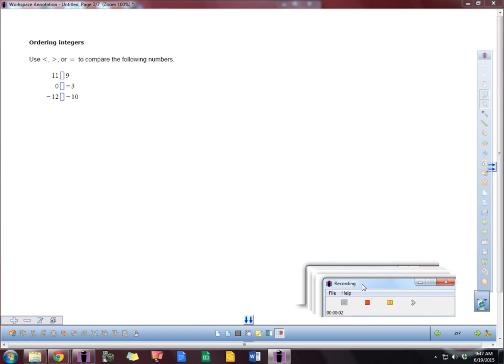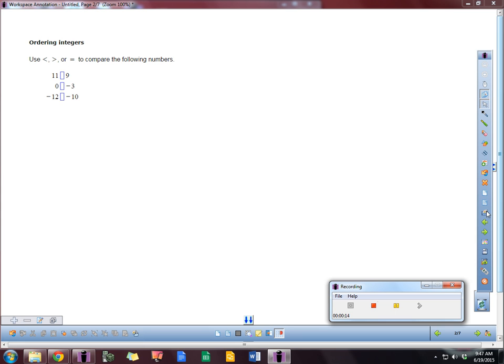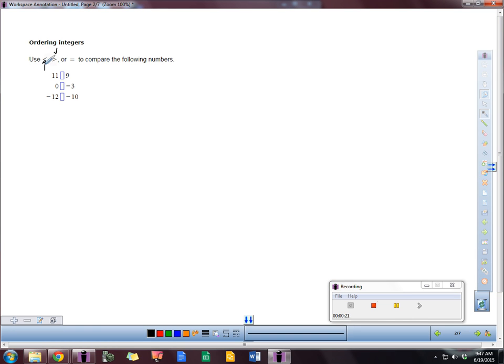Talk about a couple different topics: ordering integers, plotting integers on a number line, and fractional position on a number line. Now, first off, ordering integers is pretty straightforward. They're going to be asking you to use either the less than sign, the greater than sign, or the equal